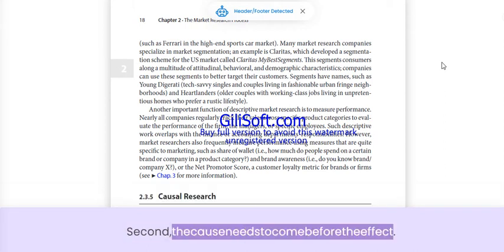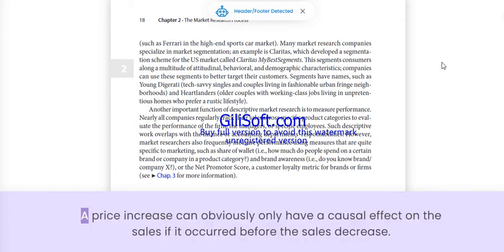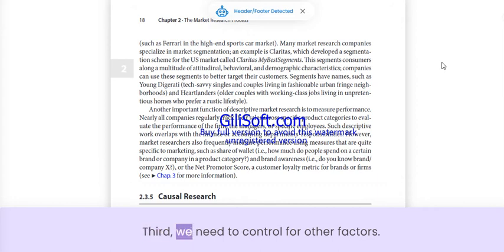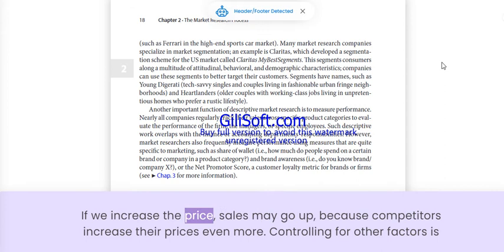Second, the cause needs to come before the effect. This is the requirement of time order. A price increase can obviously only have a causal effect on the sales if it occurred before the sales decrease. Third, we need to control for other factors. If we increase the price, sales may go up, because competitors increase their prices even more. Controlling for other factors is